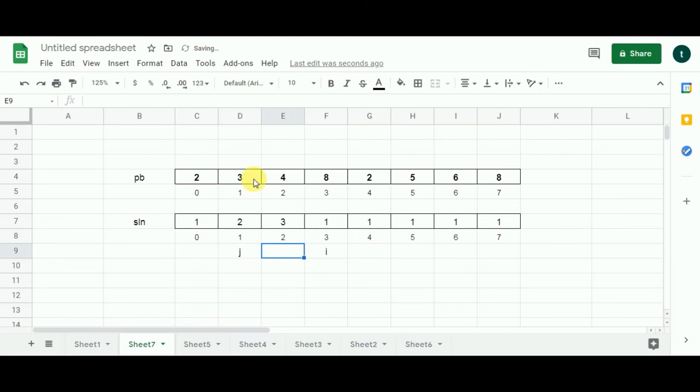Over here we have 3 and over here we have 8. Both the components are satisfied. You can see 3 is odd, 8 is even, and 8 is greater than 3. So what we are going to do, we will add 1 to this value of 2, we'll get 3, and we'll compare that 3 with this one over here. So which is maximum? 3 obviously. I'm going to put 3 over here. Great. Now j moves one cell to the right.